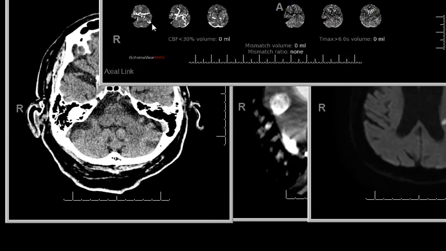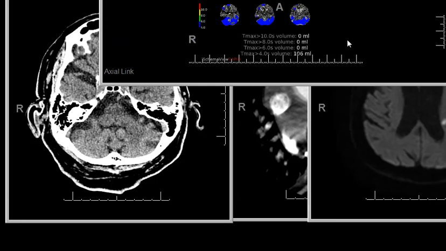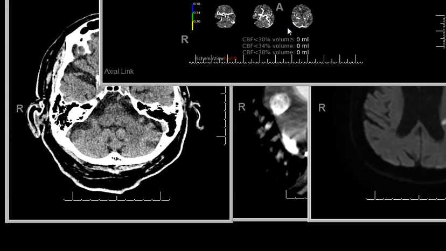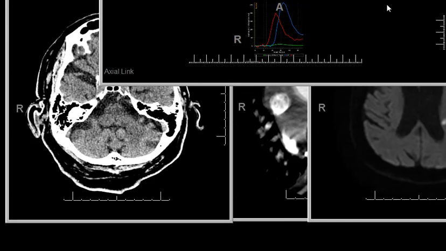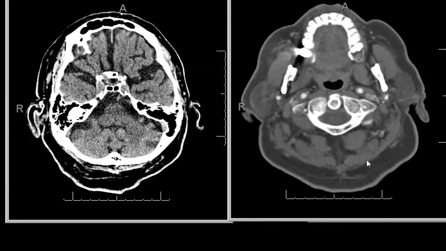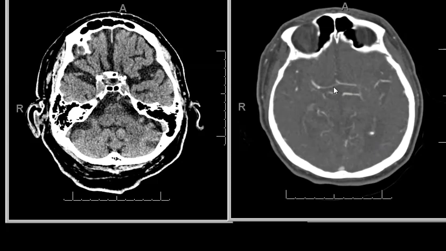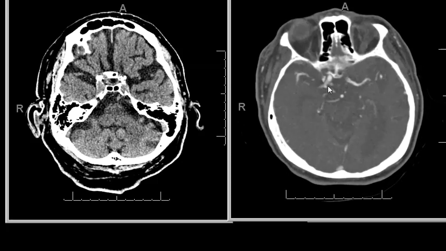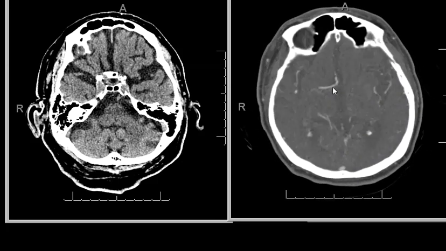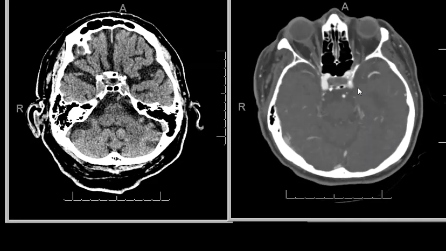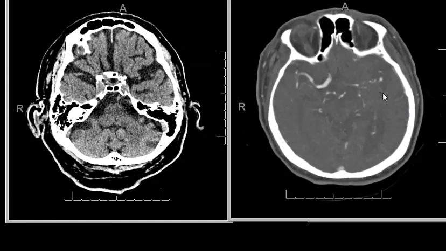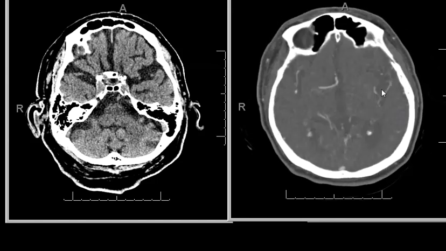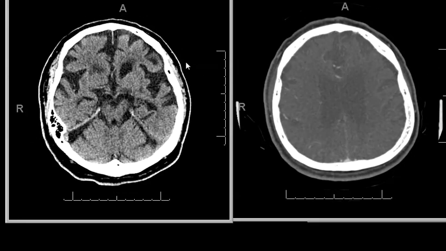CT perfusion showed no dead infarction core. There's no hypoperfusion. The posterior fossa showed mild hypoperfusion, but not in our suspected territory. Image quality is good. CTA showed basically normal filling of the MCA and the internal carotid bilaterally. Actually, we care more about the left side of the brain because of the right upper extremity symptom. Did not see anything